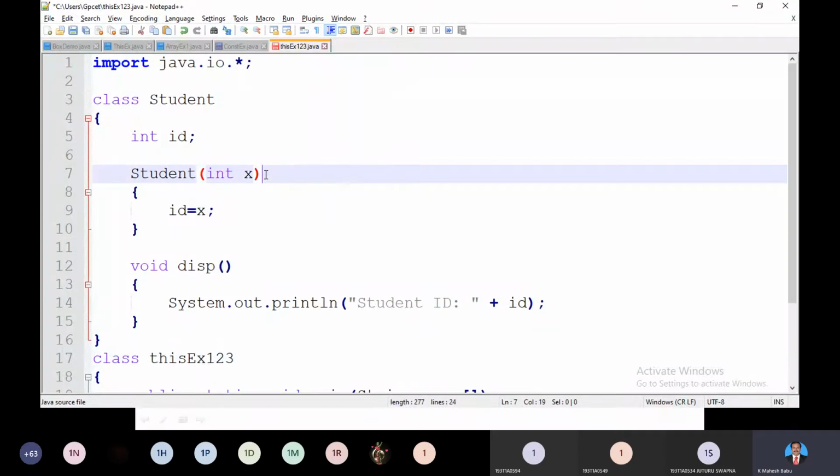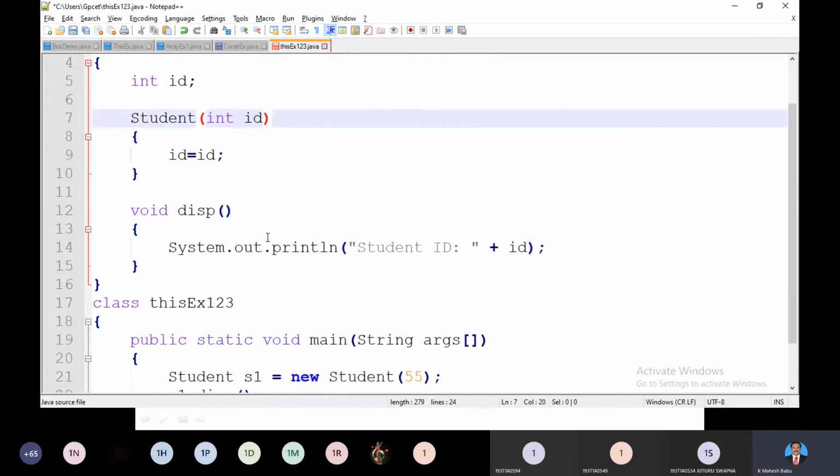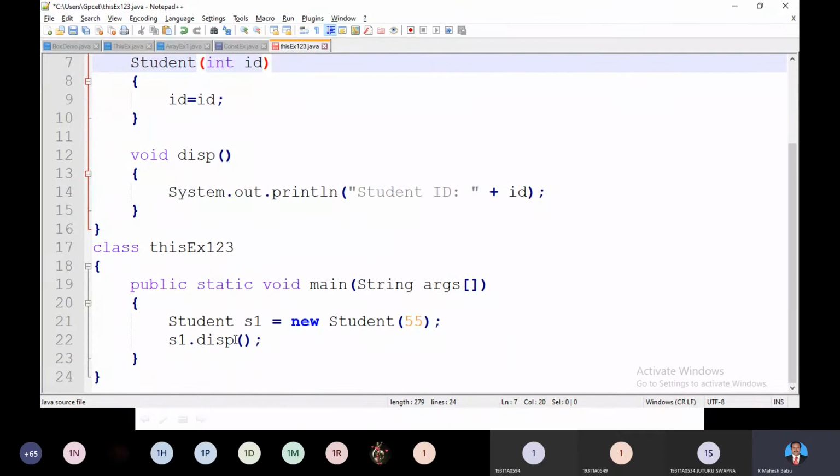Student is one class here, and I have one piece of information, student ID, and one constructor which accepts a value. I am using a variable name here, ID. I write ID equal to ID, and I just save it.